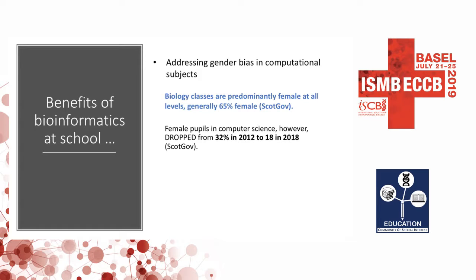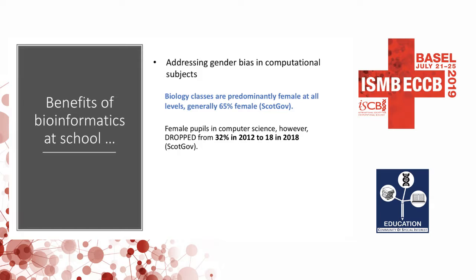And yeah, this is actually quite interesting. So in Scotland, the number of female pupils in computer science has actually dropped over the last few years. Instead of 32%, we're now at about 18% in 2018, which is quite astonishing considering the current job market and just the skill set that a computational biologist would have, or someone with computing skills would have. So yeah, it's quite a disappointing trend, but we hope that by going into biology classes, we can in some